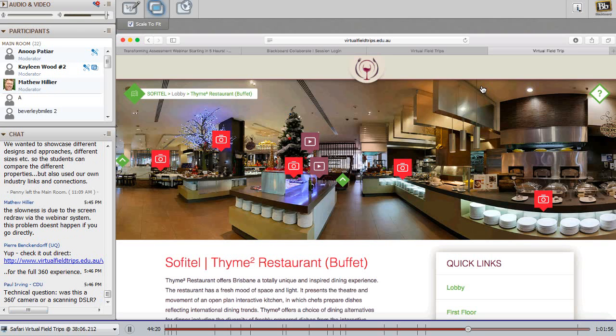They'll be able to look at independent restaurants, and we are also in the process of including a couple of wineries, one from Queensland and one from Western Australia in Swan Valley. When it's completely done, we will have a vast range of hospitality businesses included.